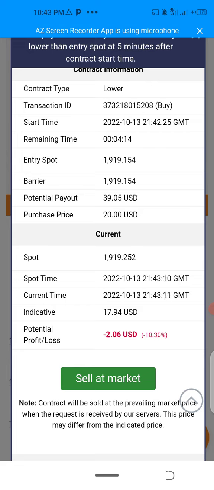That is why I said this trade is actually going to be a 4-time trade, and the martingale strategy is going to be applied. And remember what I told you about the martingale strategy. Martingale strategy is once you lose your first trade, you increase your second trade. If you lose the second, you increase your third trade. Right now, we are trading on $10. We lost the first $10 and we're trading on $20.